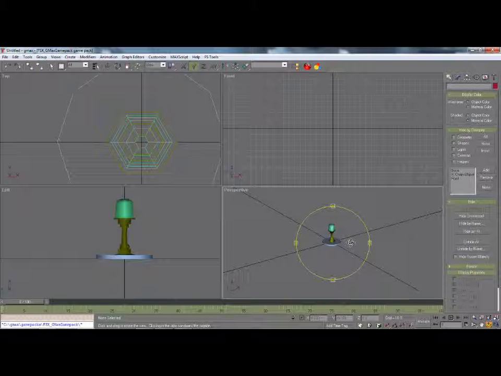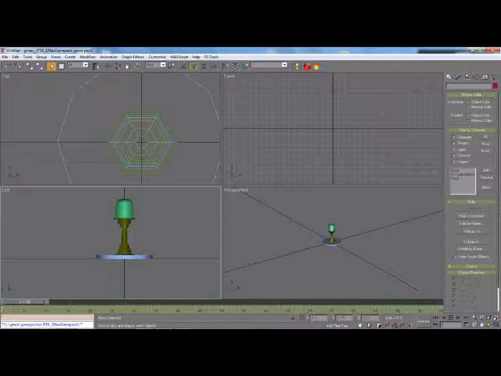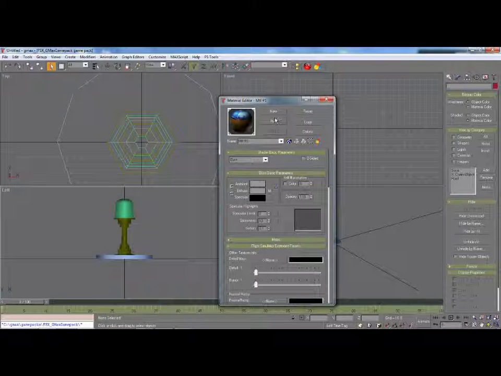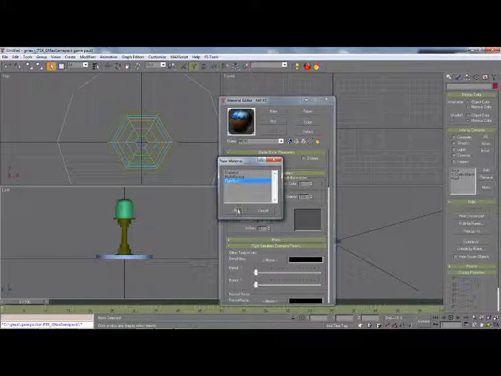So what we're going to look at doing now is texturing the object. Now texturing cylinders is always one of the hard things. I don't really like doing it, but you've got to do it sometimes. So the first thing we want to do is open up our GMAX material editor, go to a new material,